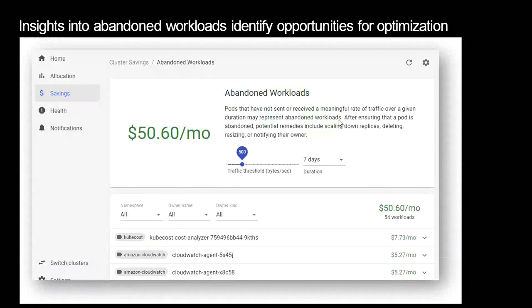In that case, you can figure it out through kubectl. These are very meaningful insights that otherwise are very difficult to understand or even find out. So you can say, okay, I can reduce the number of replicas for these Kubernetes deployments, and I can save this much cost.